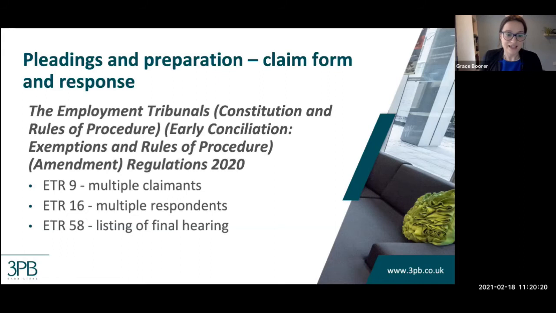But conversely, if something gets listed now under this rule, it is just a reminder for both claimants and respondents to be aware and be proactive in contacting the tribunal if you consider that this listing is premature, and potentially ask for a preliminary hearing instead of the final hearing. So it is a useful tool, but something that you should be aware of if it's being used in a scenario that is not suitable.